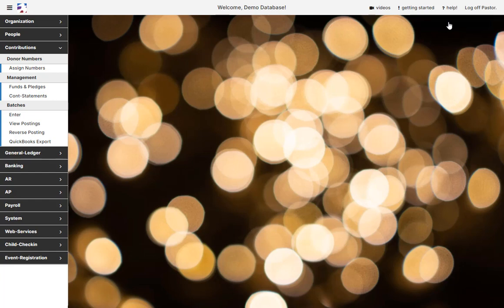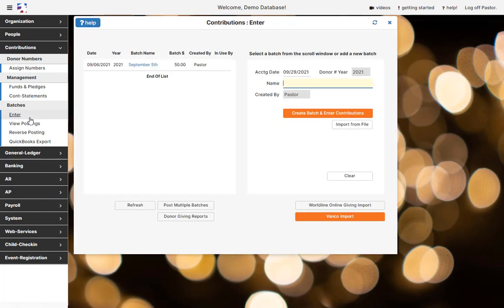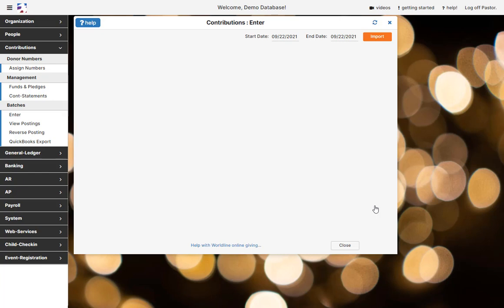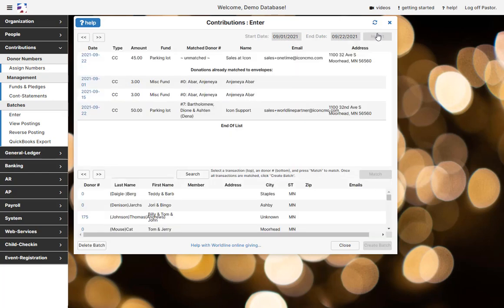To import donations into your database, under the Contributions menu, click on the Batches Enter option. In this screen, you will click the Worldline Online Giving Import button to go to the import interface. When it opens, select the date range at the top that you'd like to import and click the Import button. We recommend doing this monthly or twice a month. You can do this as often as you would like,